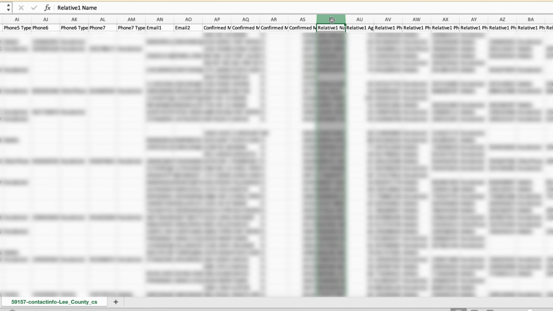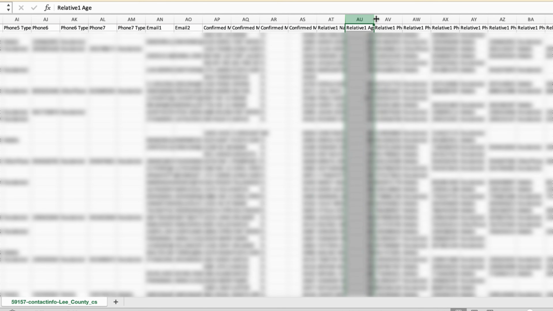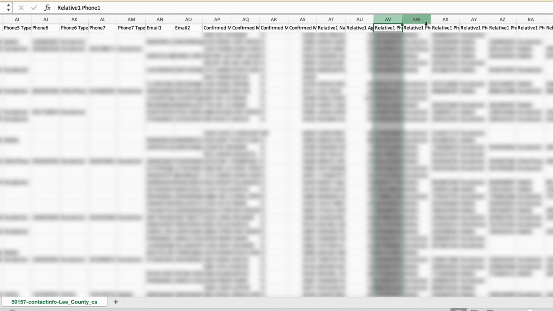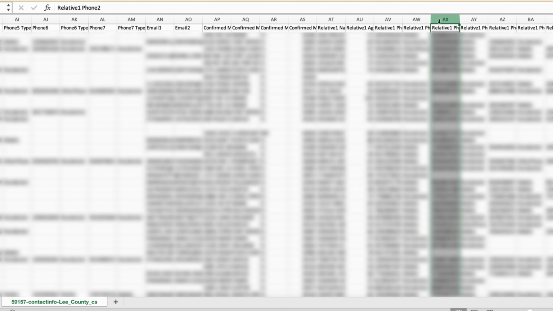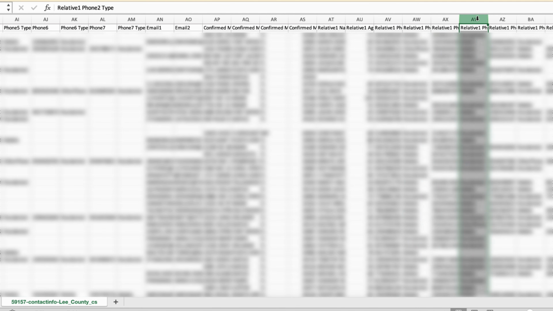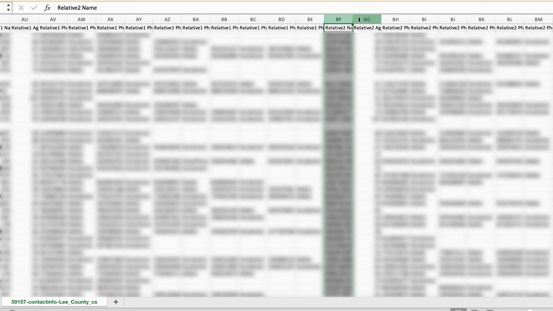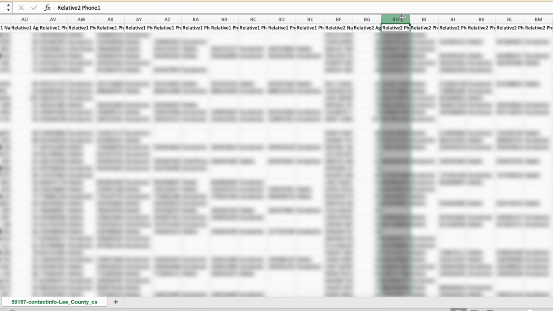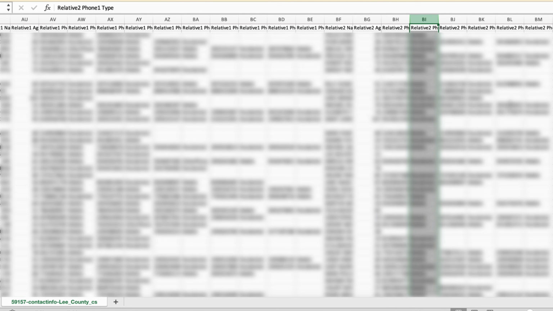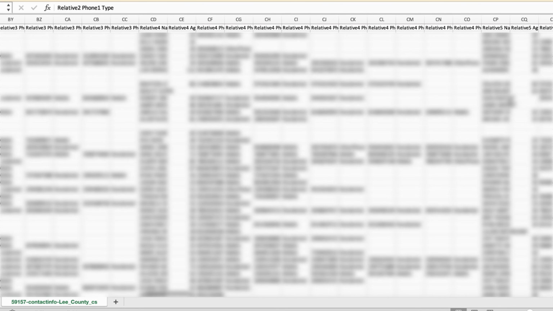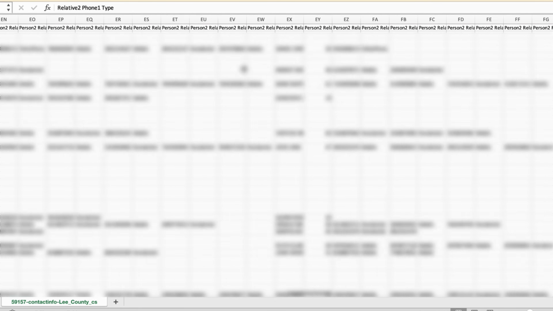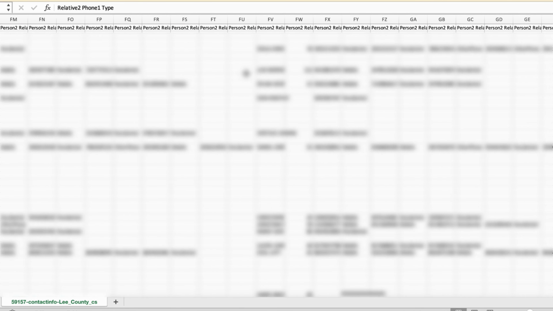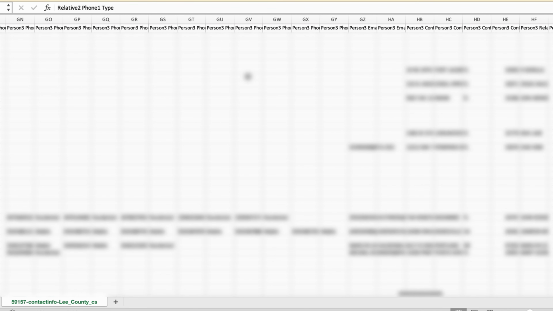And then moving on here, we've also got relative information, relative 1, and their age, and their phone number, and what kind of number that is, and also that relative's second phone number and what kind of phone that phone number is, and then relative number 2 and their age and their phone number and what kind of phone number that is, and relative 3 and relative 4 and relative 5. Kind of just goes on and on and on with all these different ways to contact people